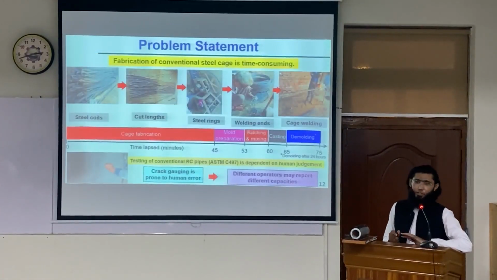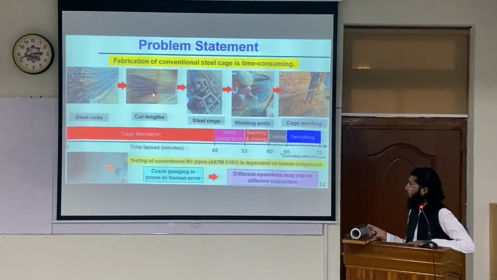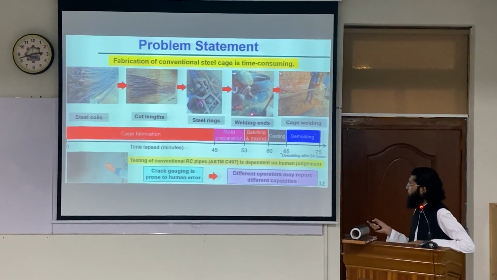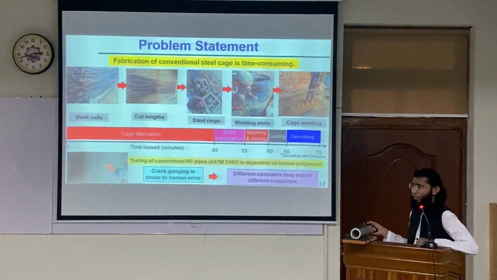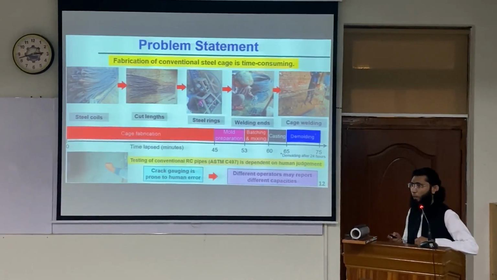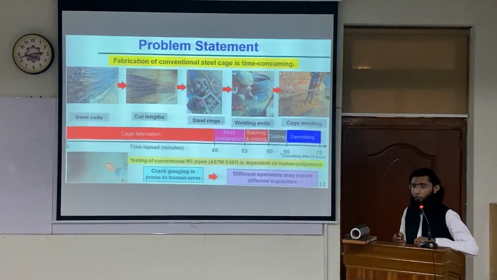Moreover, the fabrication of conventional steel cage is time consuming. In a sense, the steel coils are cut into straight lengths, bent into circular shapes, and then the ends of each circular bar have to be welded. And then this is how one circular bar is formed, and there are about 30 to 40 circular bars in one pipe and 6 longitudinal bars in one pipe. So for the cage fabrication, the circular bars have to be further welded with the longitudinal bars